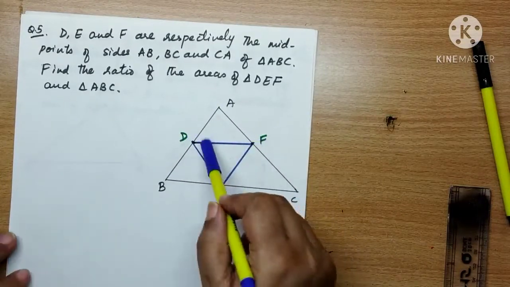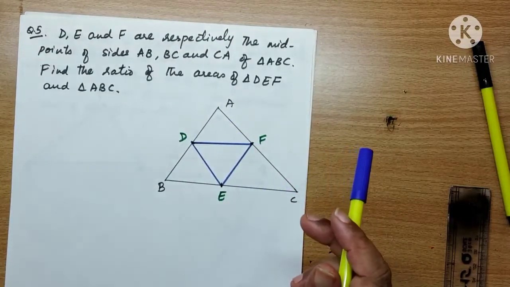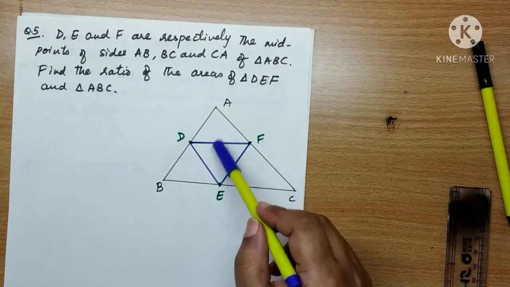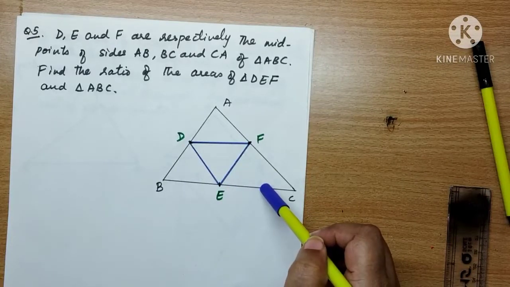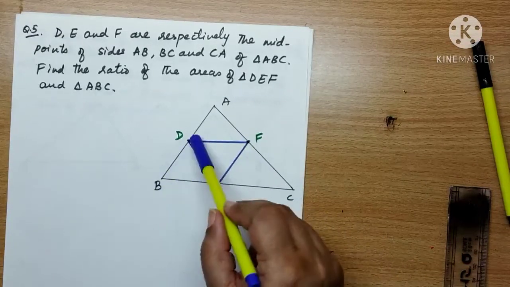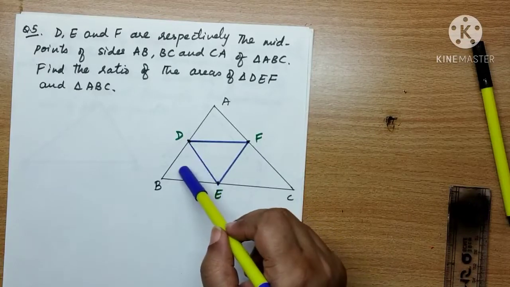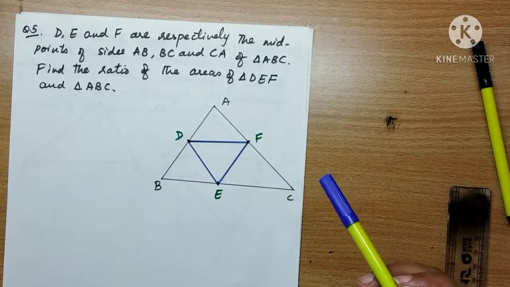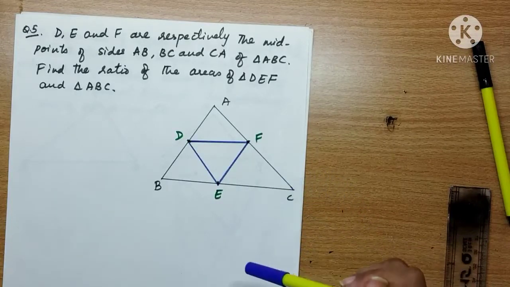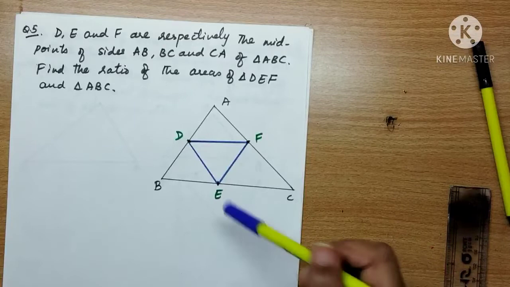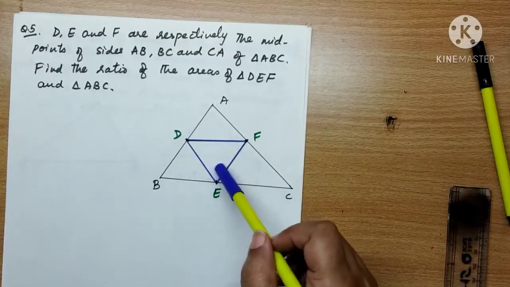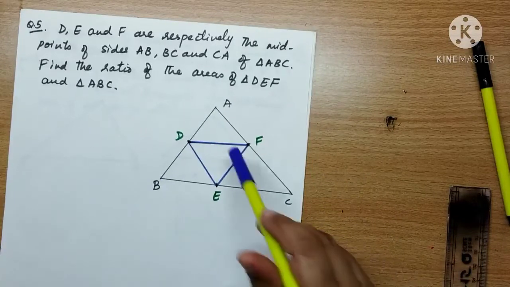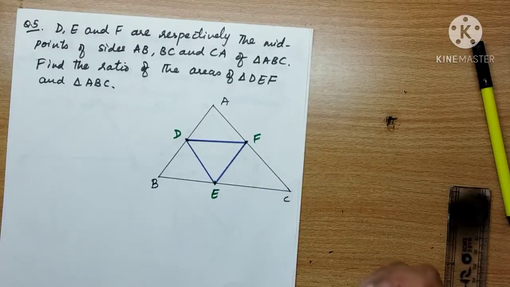Remember, you did this in class 9 in areas of parallelograms. Remember what the ratio will be and how you did it? We did it by the midpoint theorem. We proved this a parallelogram, and then these two parts are equal in area, as the diagonal of a parallelogram divides it into two parts of equal area. That theorem we used, and the midpoint theorem we used, and each part is equal in area. So DEF is 1/4 the area of ABC. So we know the ratio should be 1:4, but let's do it.